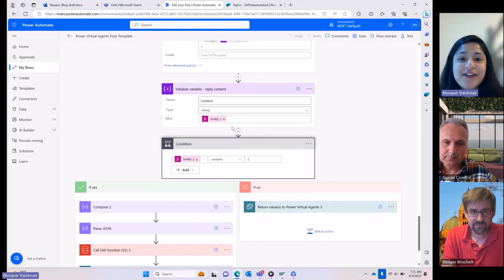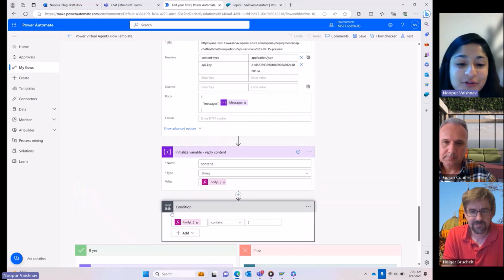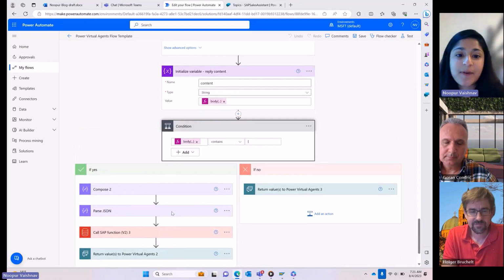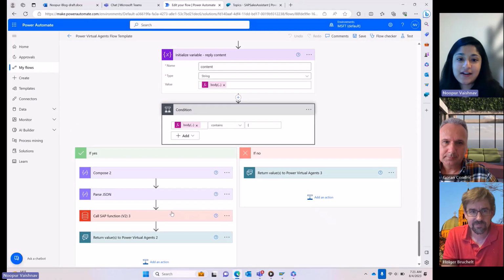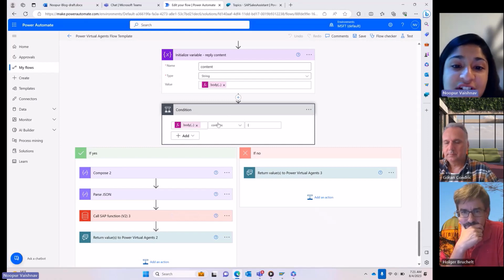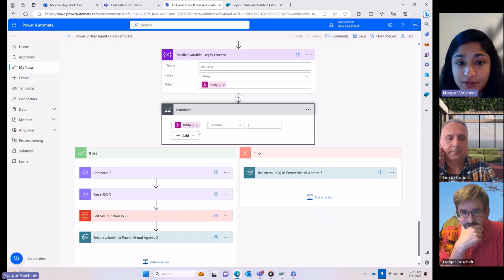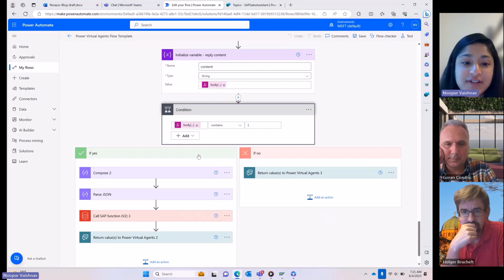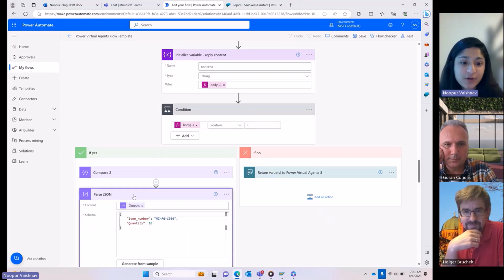So after you get the HTTP response, you have to parse the response. Then there are two conditions that I set up for this bot. Number one is, let's say the user wants to create a sales order. In that case, in the system prompt, we have instructed the bot to generate a JSON that could be compatible with the SAP system. So here I just added a check to see whether the user wants to confirm creating a sales order. If the user wants to create a sales order, then we go into the yes condition and we send the sales order